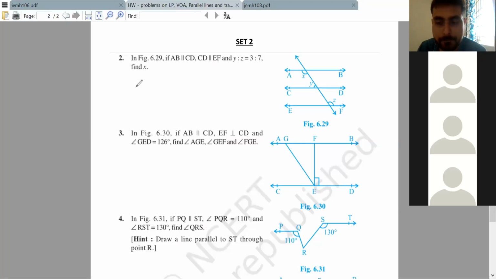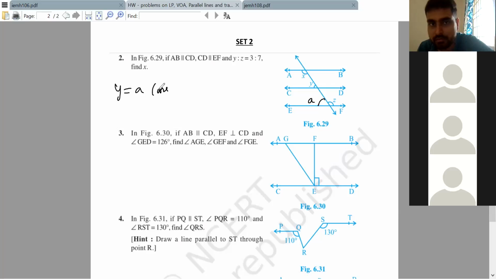Okay, sir. So as all the lines are parallel, except angle Y and the angle which we have not named. Which angle are you talking about? This angle? Yeah, sir. Okay, let's call this A. So angle Y and angle A will be corresponding, so they will have the same degree. Angle Y is equal to angle A.